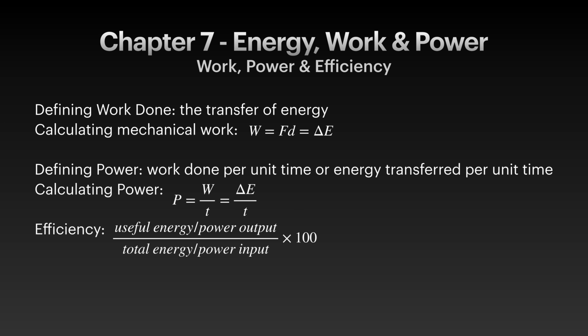Moving on to some practical knowledge. Not all energy is useful. Some of it is always lost, usually as heat or sound. That's why we calculate efficiency, which tells us how much of the input energy becomes useful output. The formula to calculate efficiency is efficiency equals useful energy output divided by the total energy input times 100%. For example, a light bulb might use 100 joules of energy and only 20 joules produce light. The rest becomes heat. This tells us that the light bulb is only 20% efficient.